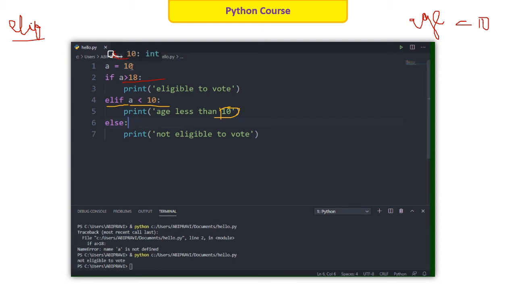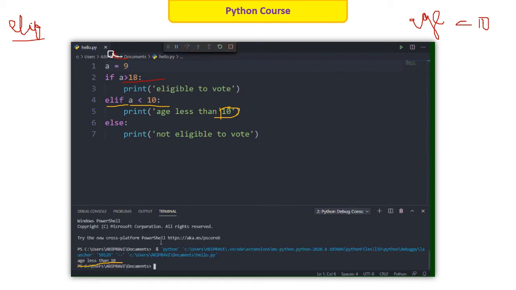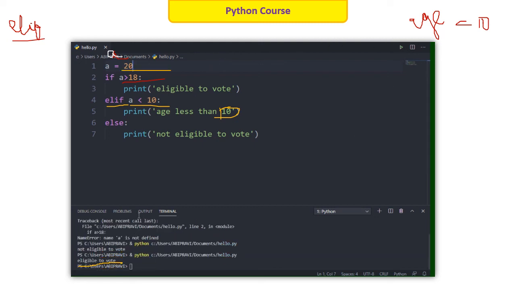So I'm just entering the age as 10 and it is printing not eligible to vote. After that I'm changing the age to 9, and you can see age is less than 10. If I again run the code with the age of 20, you can see eligible to vote. So this is the